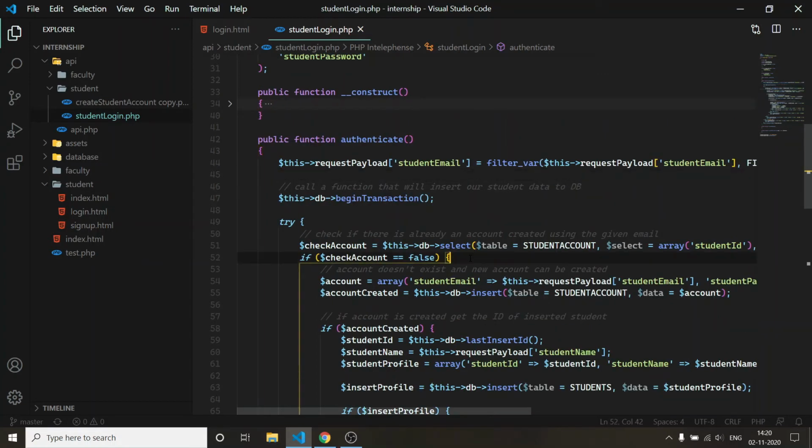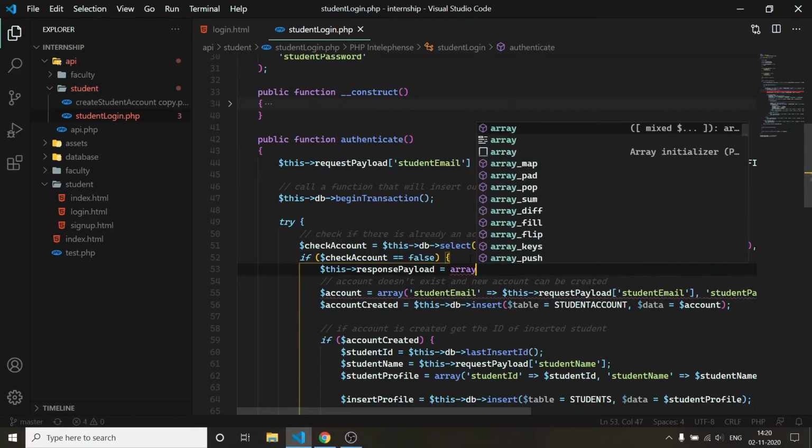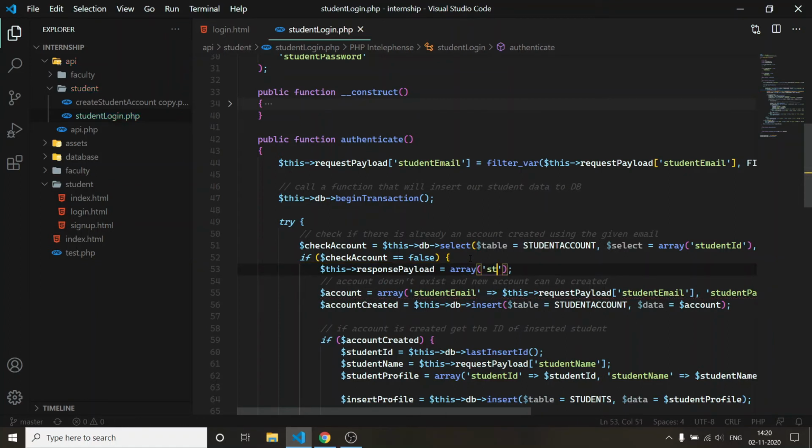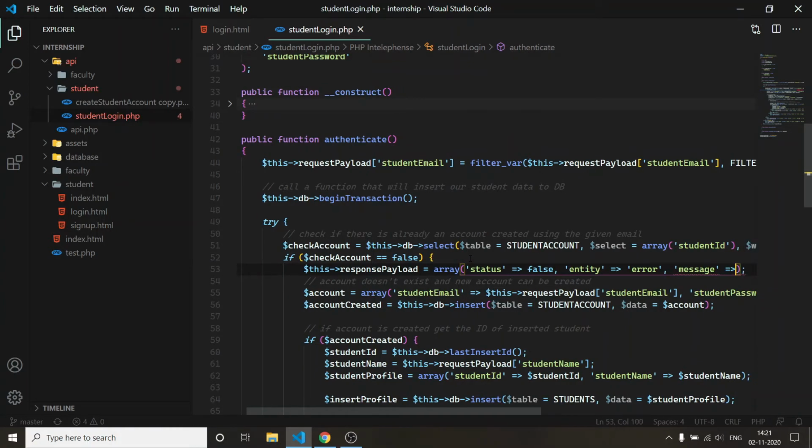So we can write here that response payload is equal to array, and we write status is false, entity would be error, and the message will be what? Since we have no email ID registered, that means the account is not created using this email.